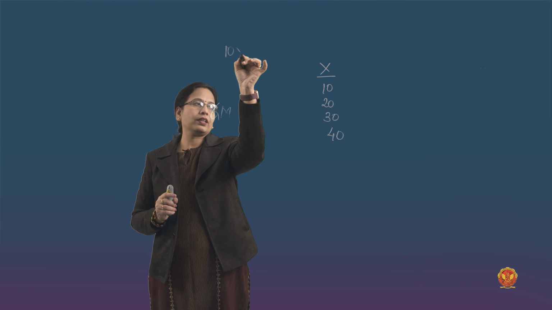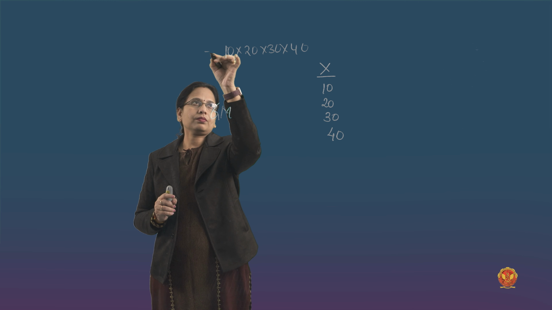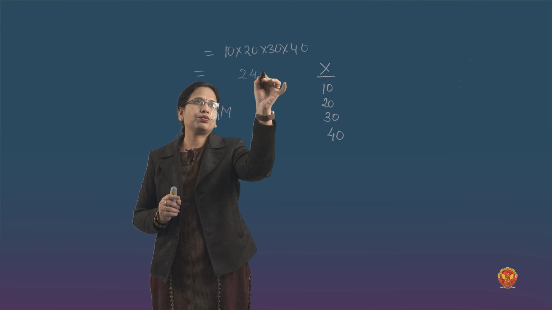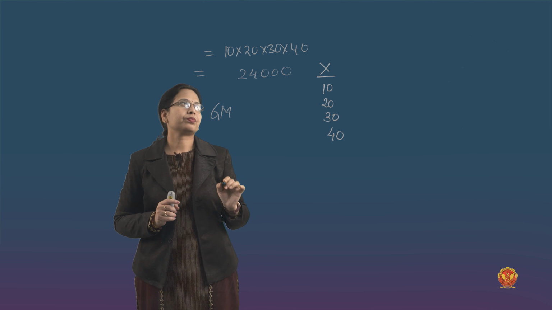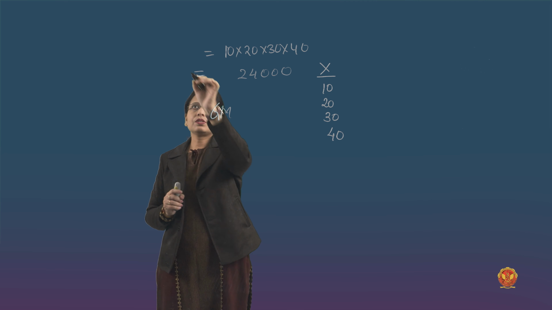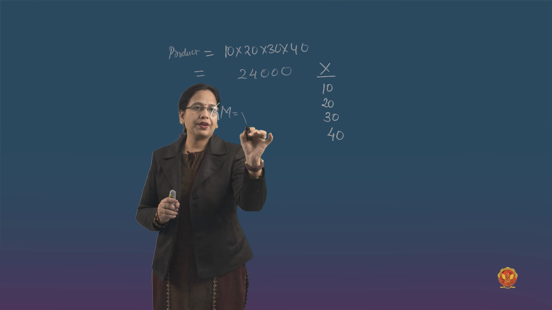If I provide you an example with values like 10, 20, 30, 40, these are the observations. To find the geometric mean, step one, you first find the product of these values. You get 2, 4, this one, 2000, 24,000. Okay. After doing step one, that you have calculated the product,